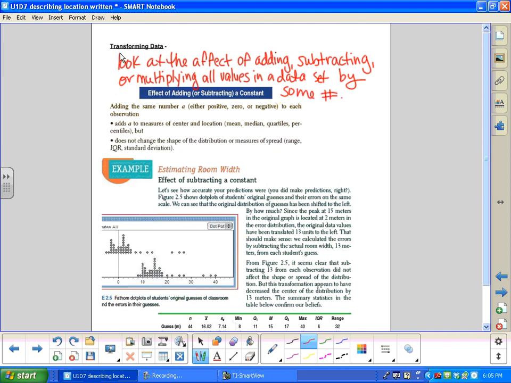And what we're going to be looking at the effect on is